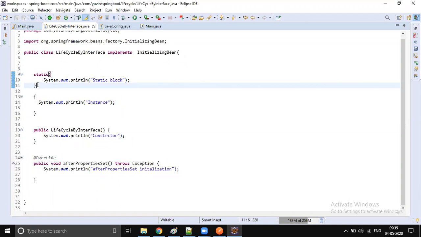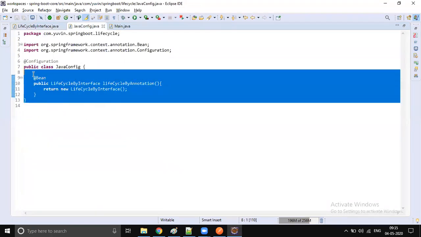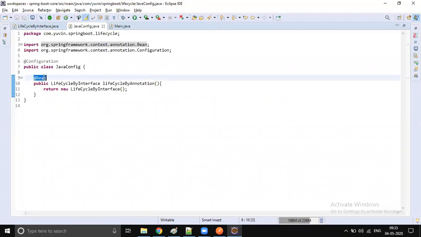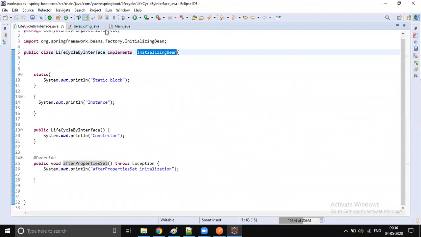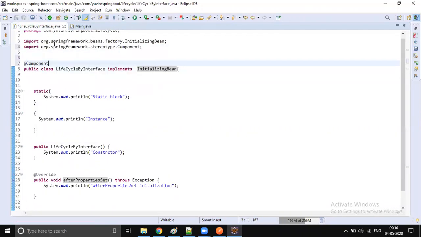I will explain why it is wrong and why it is right. But what I'm doing now is a plain class, a plain POJO, which implements InitializingBean, and I'm just instantiating this bean. So if you feel you're writing too many classes, you remove this Java configuration and go to your bean itself. Just two files, and we have been doing this for so many days, so many classes. A simple class which implements InitializingBean.